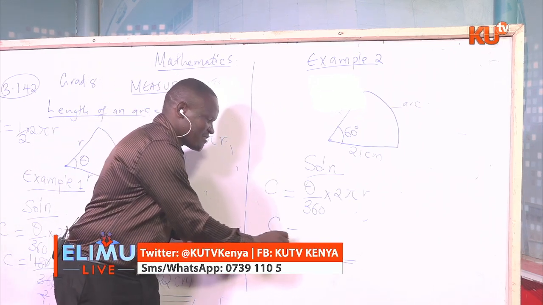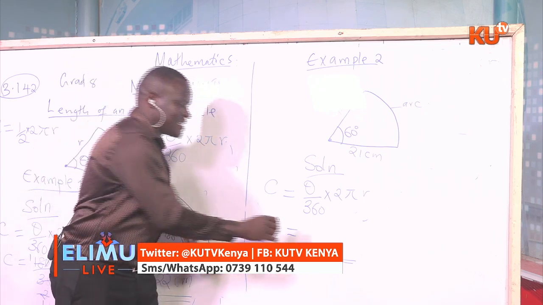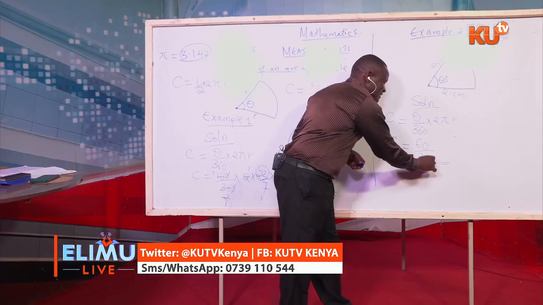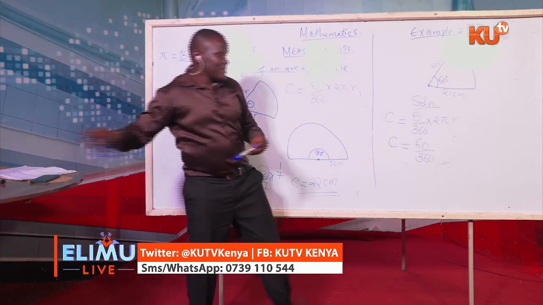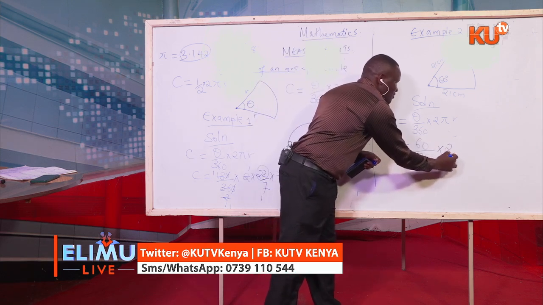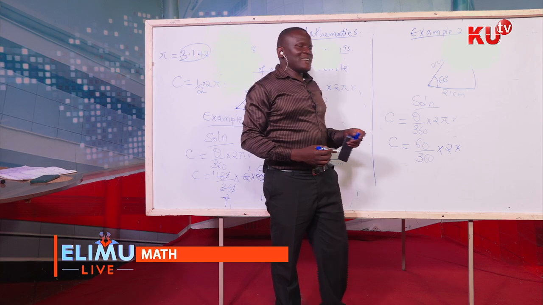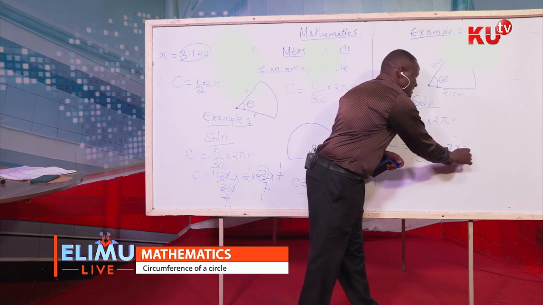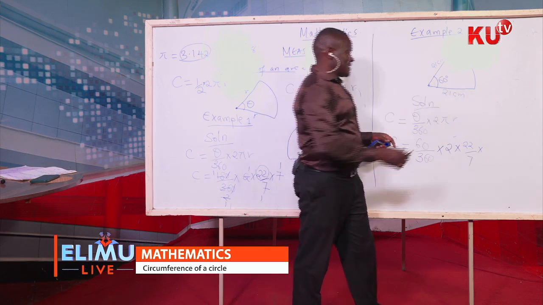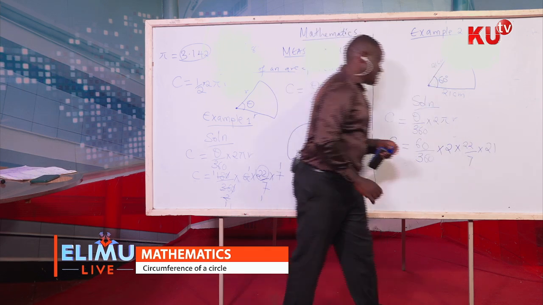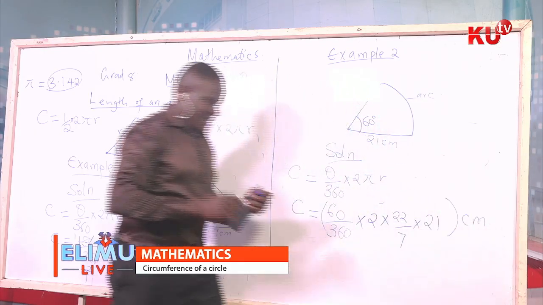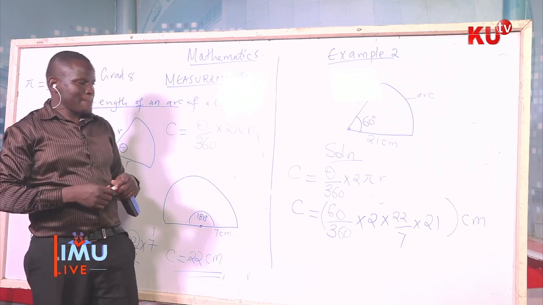So we continue. The circumference therefore will be equal to theta, which is 60 over 360, times 2, times pi, and our pi is 22/7, then times radius. Our radius is 21. Everything should be in centimeters. Now